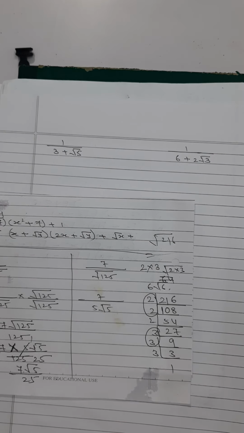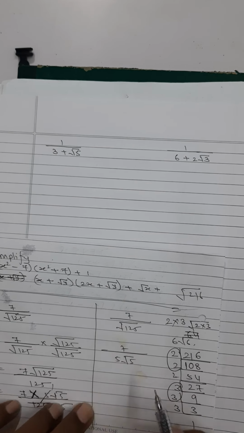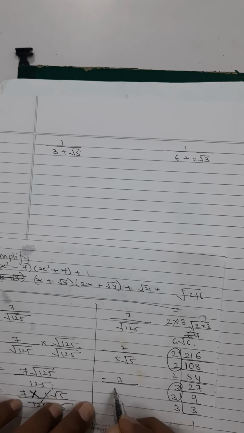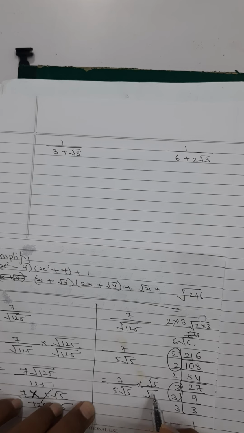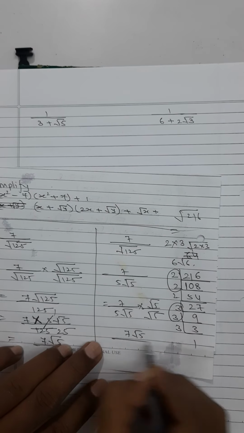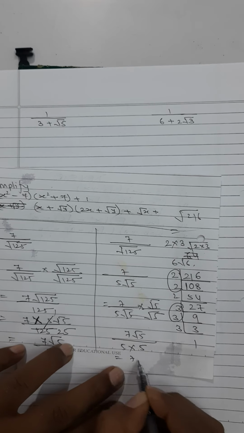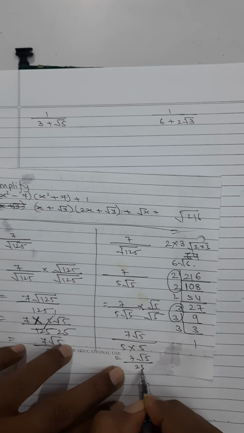So this you should be able to calculate. That will be easier for you then. So 7, root 125 is going to be 5 root 5. So this will become what? 7 upon, now you are going to multiply only with the irrational number. So this becomes 7 root 5 upon 5 into root 5, and root 5 times root 5 will give you 5. That will become 7 root 5 upon 25.